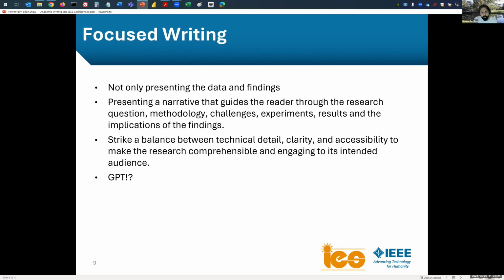So use it to improve your writing, but not for the actual writing. And when you use it for improving your writing, you have to make sure that every word counts for some meaning. Because if you start using GPT, it will add a lot of superlatives like amazing, outstanding, incredible into what you're trying to say. And the moment a researcher sees these kinds of words, we know this is not good research. This is just someone trying to do half a job. So the superlatives have to be toned down, and each word has to have meaning.